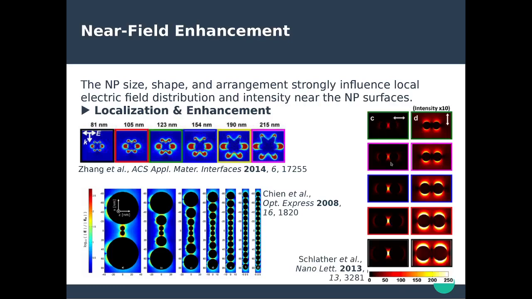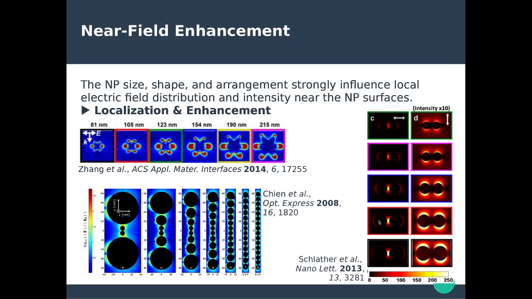If you have, for instance, a dimer, you can localize this electromagnetic field in the gap region when you excite the nanoparticle dimer with an electric field which is polarized along the main axis of the dimer, and that's a pretty strong field. So you see that you're reaching 250 times larger field in the gap as opposed to the